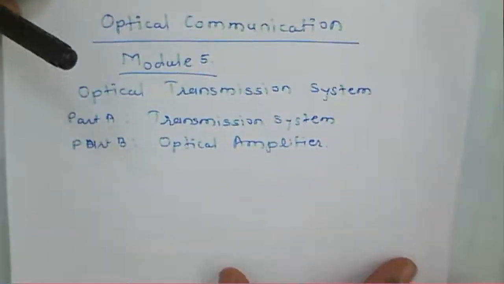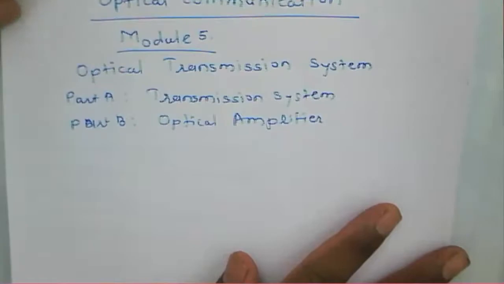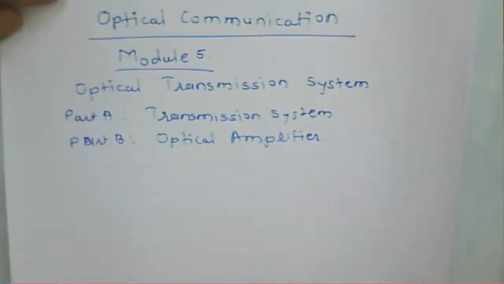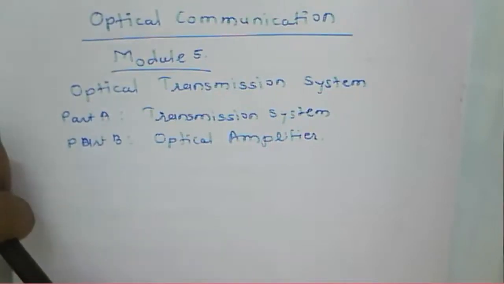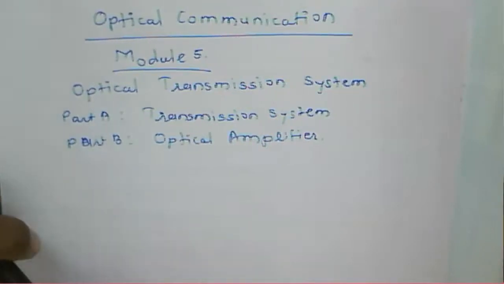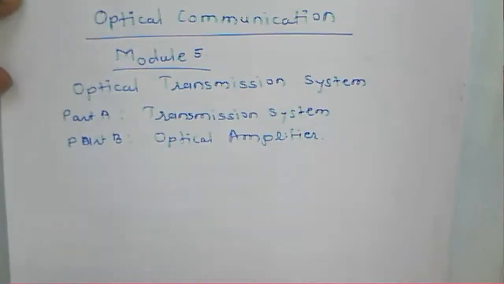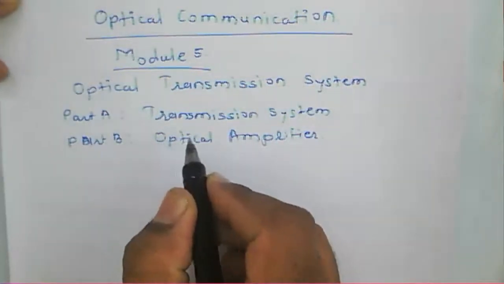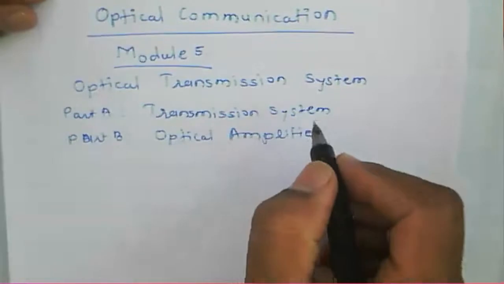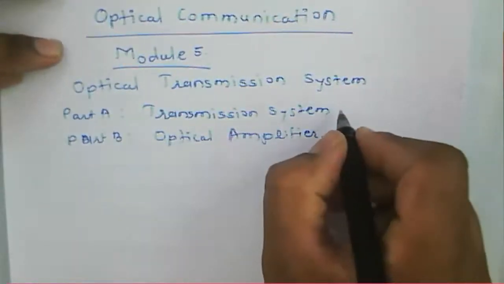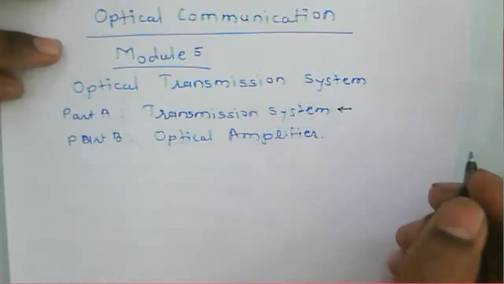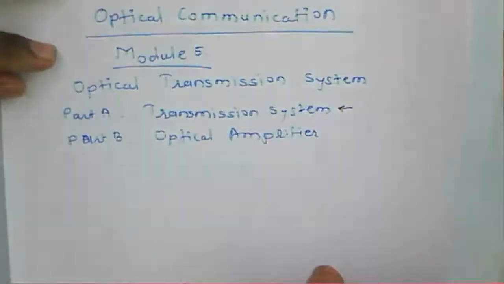Today we see the next module of optical communication, that is module 5. In it we will learn about the optical transmission system, that is the module 5 title. In it we see two parts: the transmission system and the optical amplifier. In the transmission system we will see how the link is there for this optical link, what are the requirements,